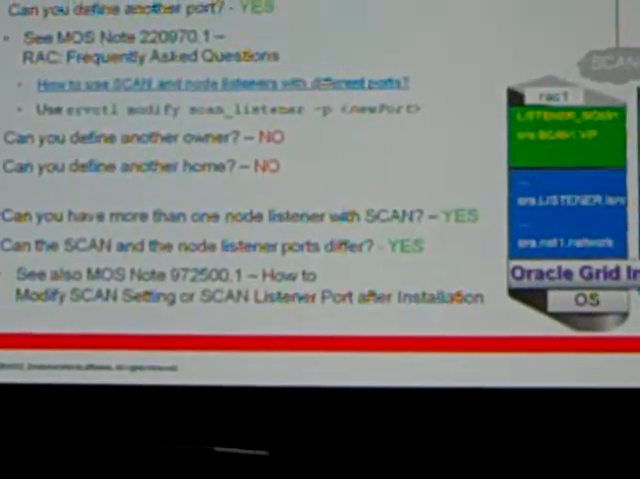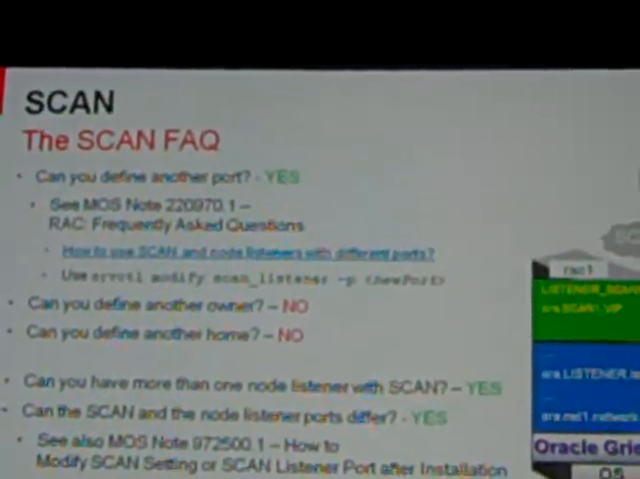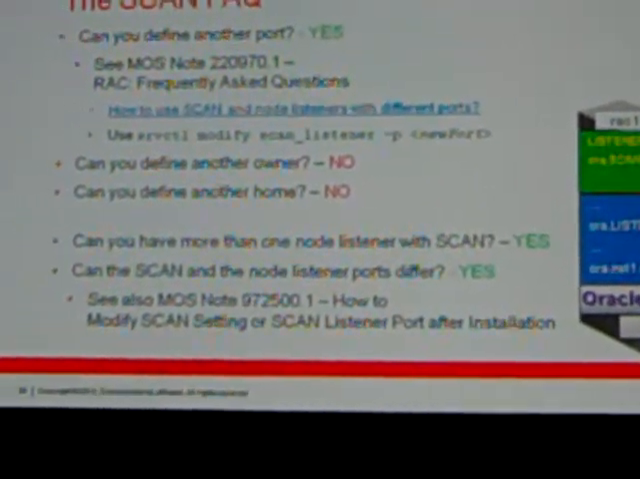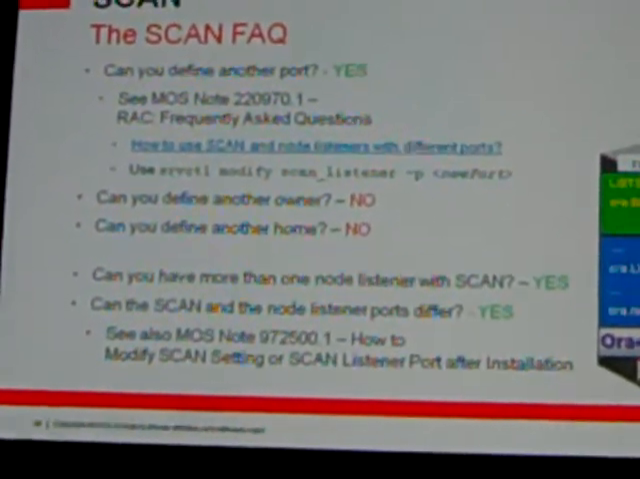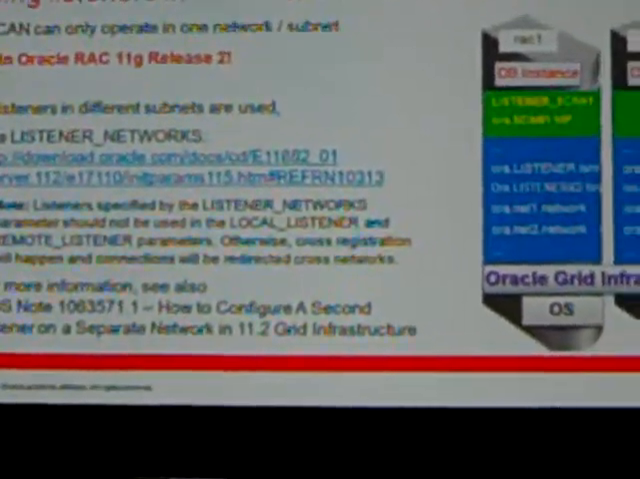Can the scan and the node listener port differ? Absolutely they can. And again, all these things are actually well summarized in the Metalink note 972501. However,